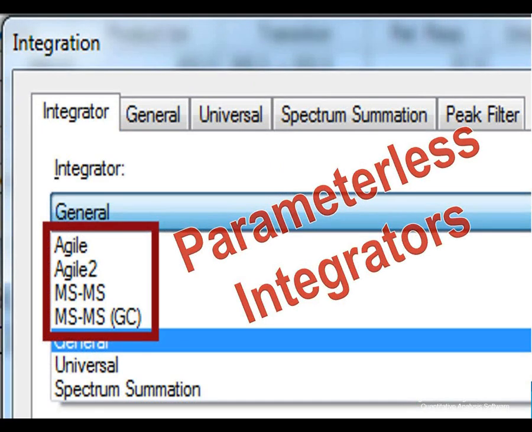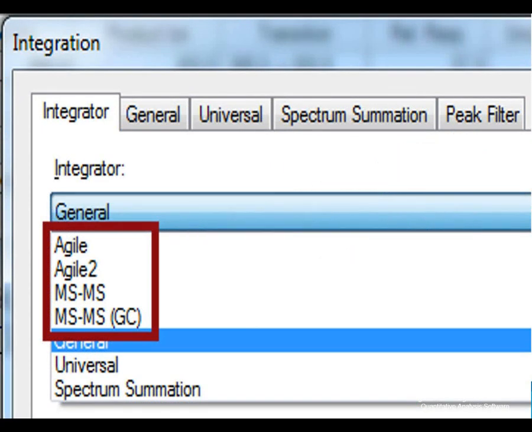Now for a brief discussion of the parameterless integrators. The first integrator was the MS-MS integrator, which was designed for the LC triple signal characteristics. Works extremely well if the baseline is flat. A version was distributed for the GC triple, same case. Next came the Agile integrator, which was designed for more sophisticated signal characteristics, and Agile 2 improved the behavior on sloping baselines and does a